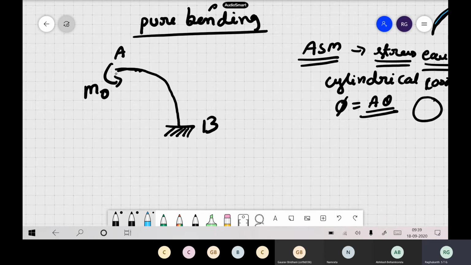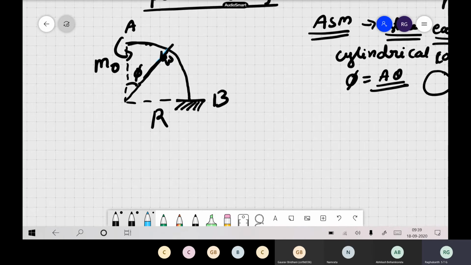Okay. Now let us say the radius of curvature. So this is a quarter circle, and this is R. Okay. So now you take any section here, because you have to write the bending moment diagram. Let us say this is W, the radial deflection here, and let us say the angle is phi. So now I want to find out the deflection or the displacements for a circular rod, and this is a uniform circular rod.